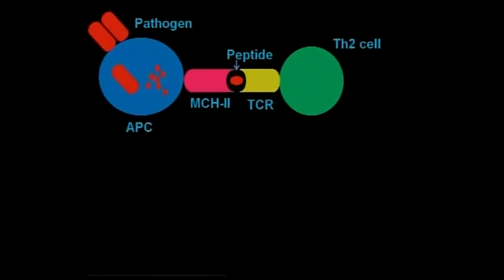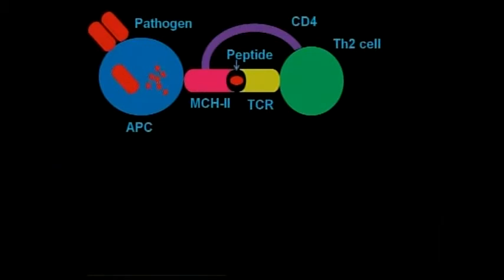After this interaction, the Th2 cells have the TCR, T cell receptor. This T cell receptor interacts with the antigen or peptide processed from the antigen presenting cell. After that, this interaction is strengthened by the formation of an interaction between MHC2 and the CD4 receptor. Then this T helper 2 cell produces interleukin 4 as well as